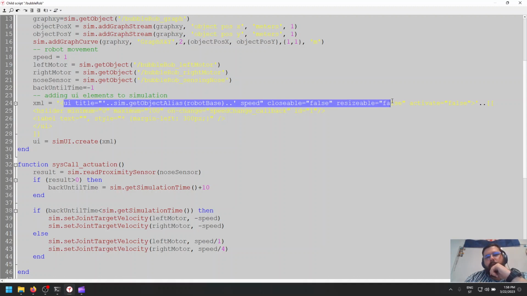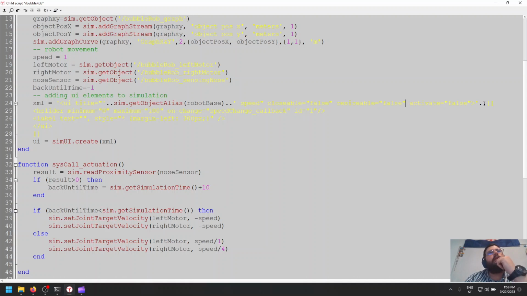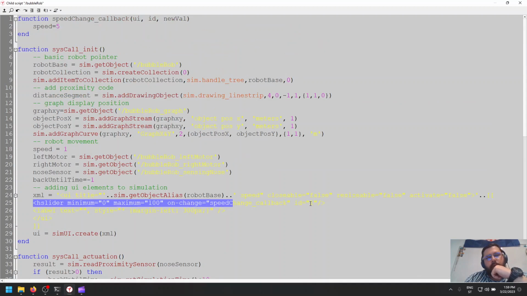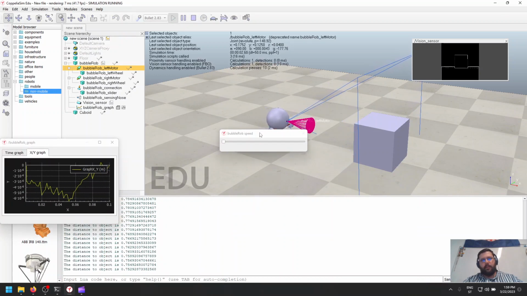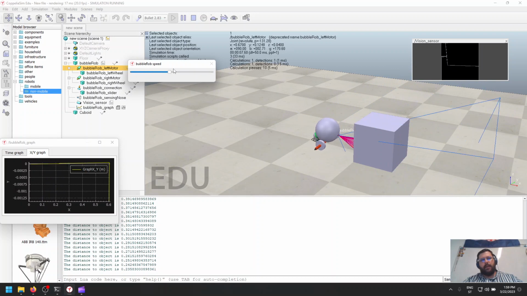Closable is false. Resizable is false. Activate is false. We are adding this slider for 0, minimum 0, maximum 100, on change speed change underscore callback, with an ID of 1 and a close tag. We have a label with this text. And without the comma here, I think that might be the error. There we go. And we created this, and it just speeds up the robot,